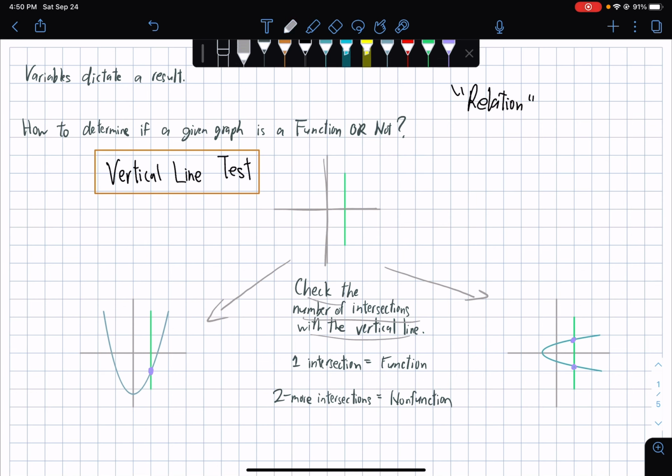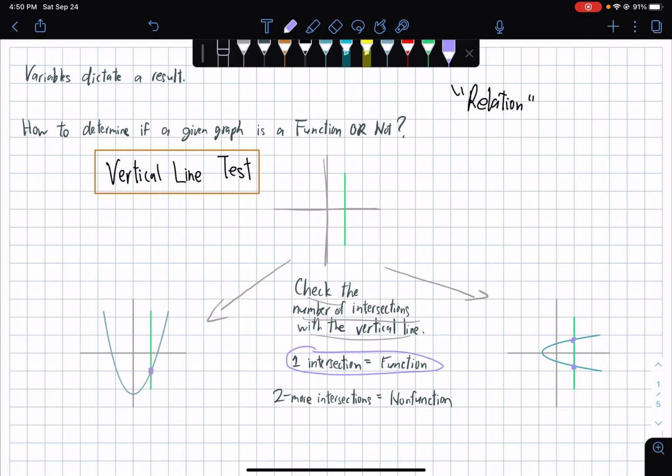So given a scenario wherein this is your function as a graph, you basically have a parabola drawn that way. And when you place the vertical line, you can see that there is one intersection. This intersection is where your vertical line literally intersects with your parabola. So with one intersection, you can already determine that the graph is